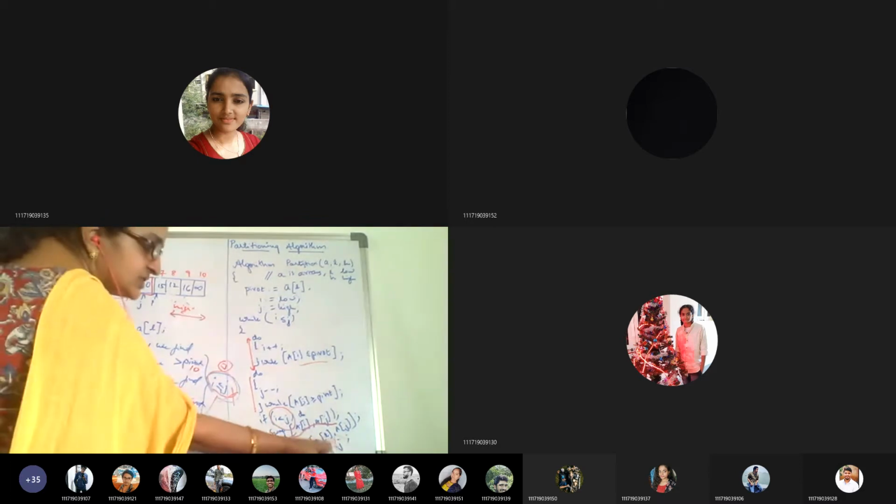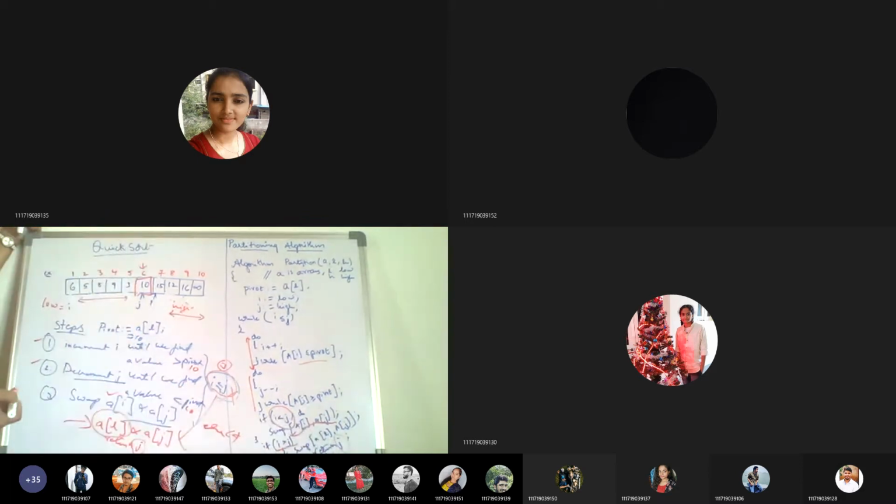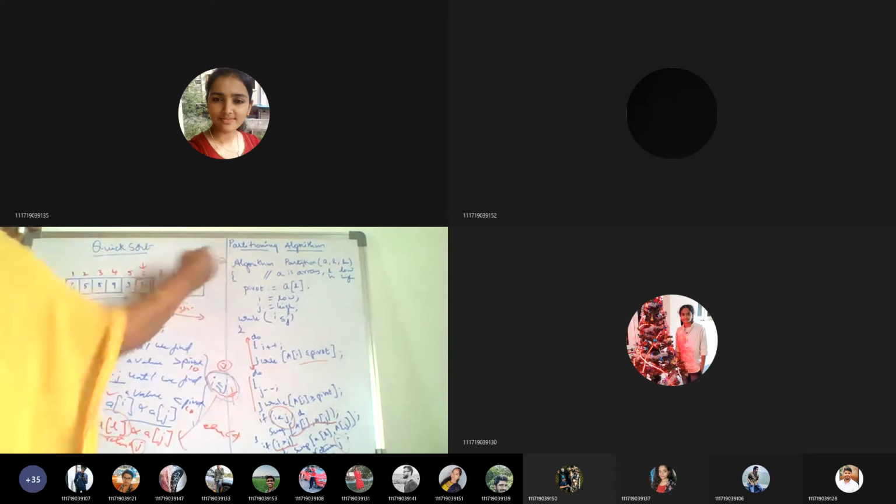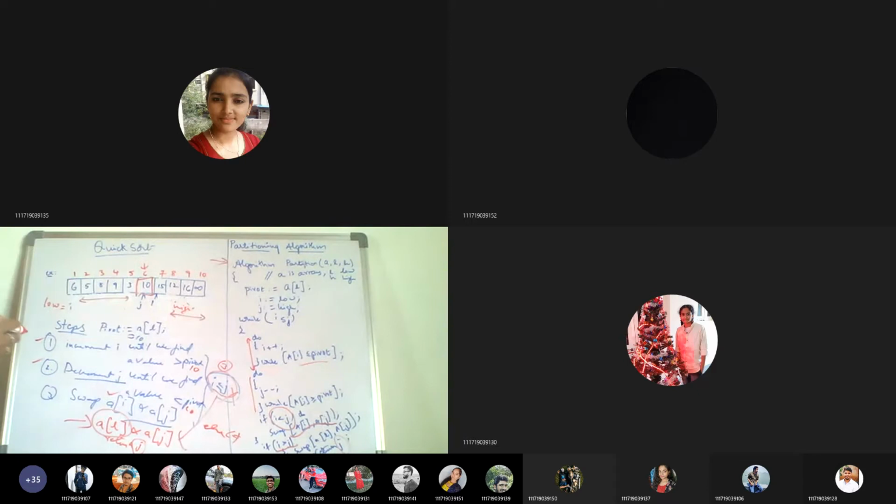And you have to return J. Returning J is nothing but returning the partitioning position. So the partition algorithm will return a partitioning position, or a position for a particular element. In this case, 10 got its position. Based on this partition position, the list is now divided into two halves. Okay, so when we solve the left and right sublists, then we will get the sorted list. So this is about the partitioning algorithm.